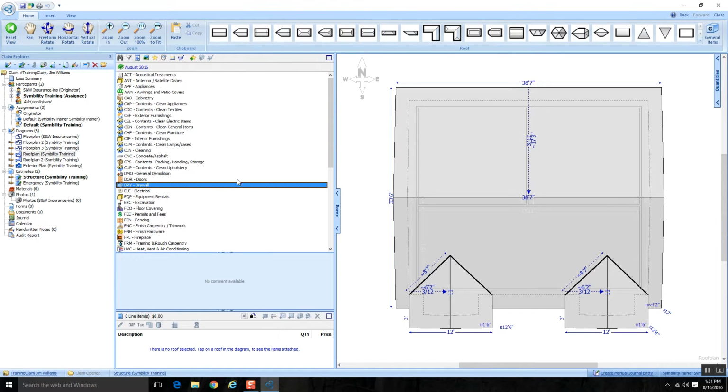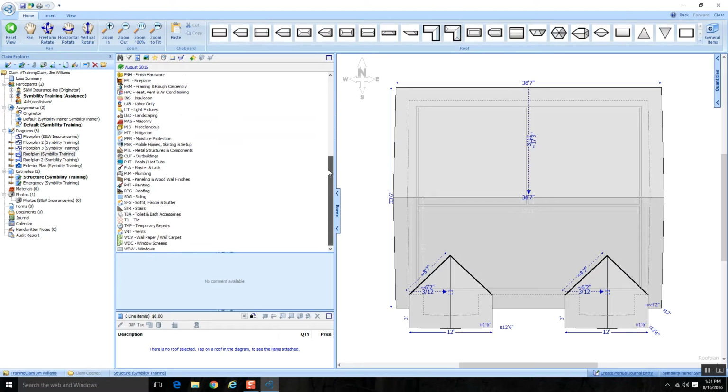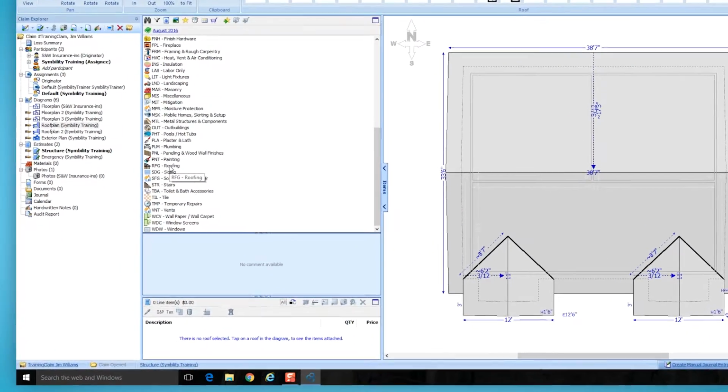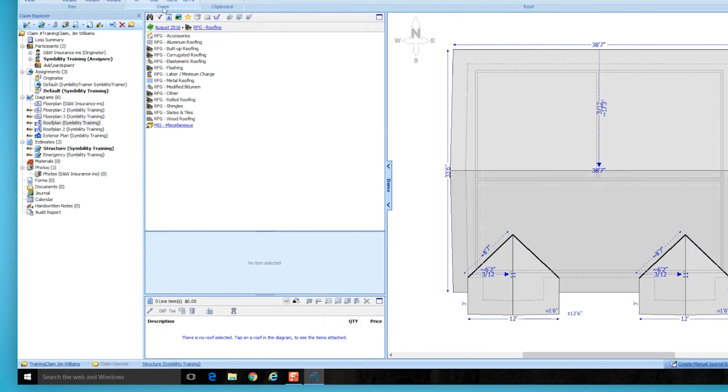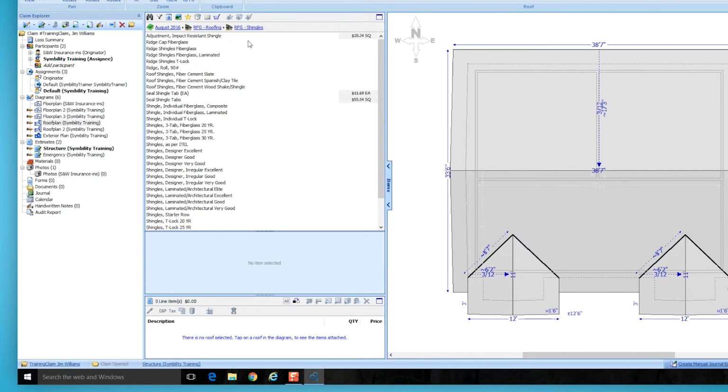the green book. And if you scroll all the way down, remember everything's alphabetical, I see a roofing category in here. So if I double click on roofing, it's going to take me to the roofing category, and look at all these different subcategories that are available in roofing. Really, guys, it's a matter of time. The more you explore the database and the more estimates you write, the more things will start to fall into place for you. So if I go into the shingles subcategory, remember to watch that path,